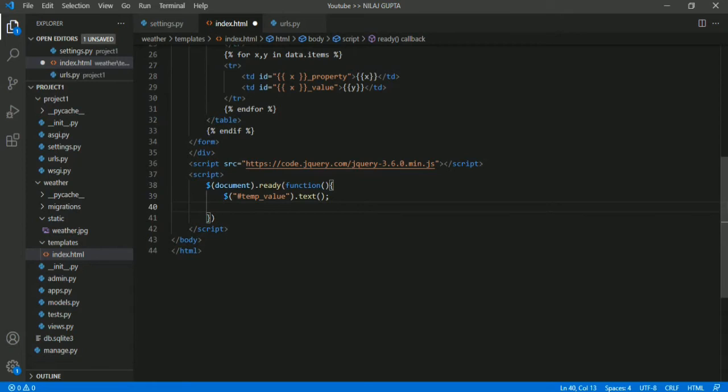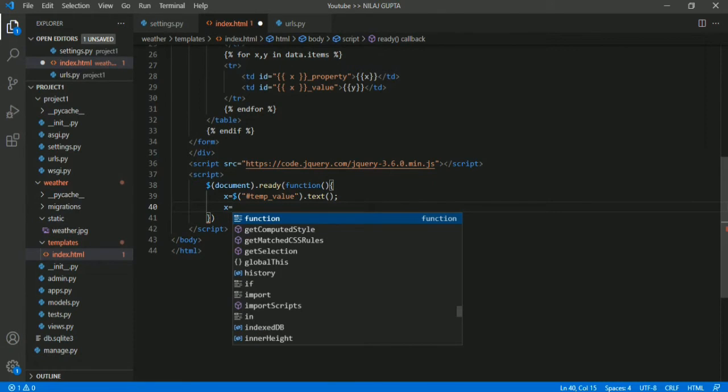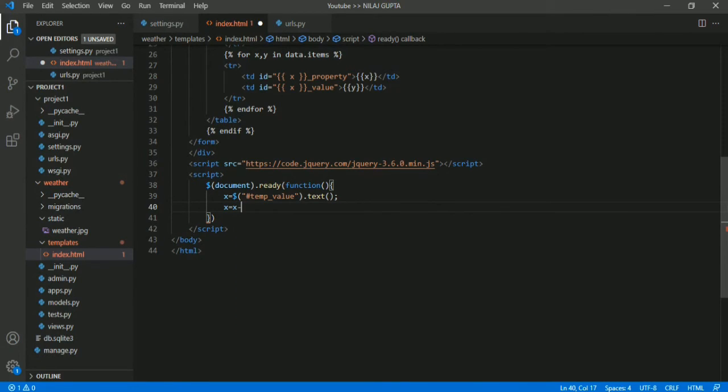After that let's store it in a variable. Now, you know, to convert Kelvin to Celsius we have to subtract 273.15 from it. So let's write x minus 273.15. Now x is converted into Celsius.